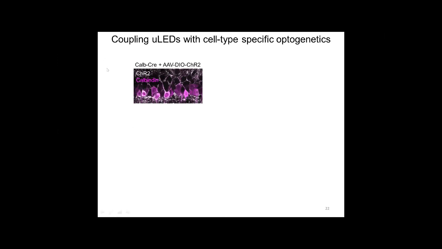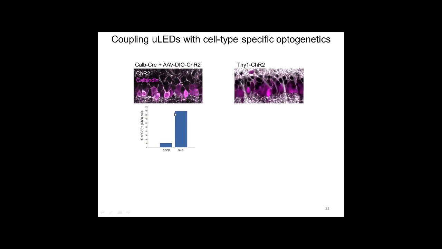So we use a Calbindin-Cre animal that allows us to express channelrhodopsin in the Cre context under the Calbindin-positive cells, and we can confirm specificity by looking at the percentage of cells expressing our reporter coming with the channelrhodopsin, suggesting that expression is quite specific in the superficial layers. For deep cells, we use a Thy1 line, which allows expression mostly in deep cells compared with superficial, and